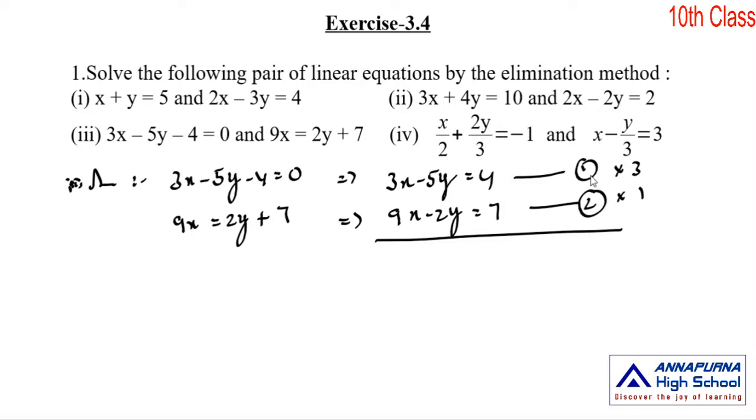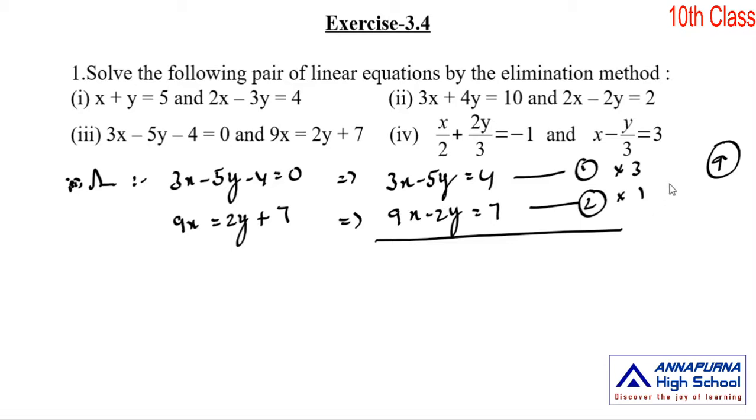Why? Because when I multiply the first equation by 3, then the coefficients of x are same in the two equations. So that's why I follow a shortcut, a simple manner. Okay, so generally we get this by finding the LCM. Here what is the LCM of 3 and 9? LCM is 9. So which number you multiplied by 3 to get 9? 3. So I multiply the first equation by 3, and the coefficient of x in second equation is 9. So which number you multiplied by 9 to get 9? 1. So second equation multiplied by 1.